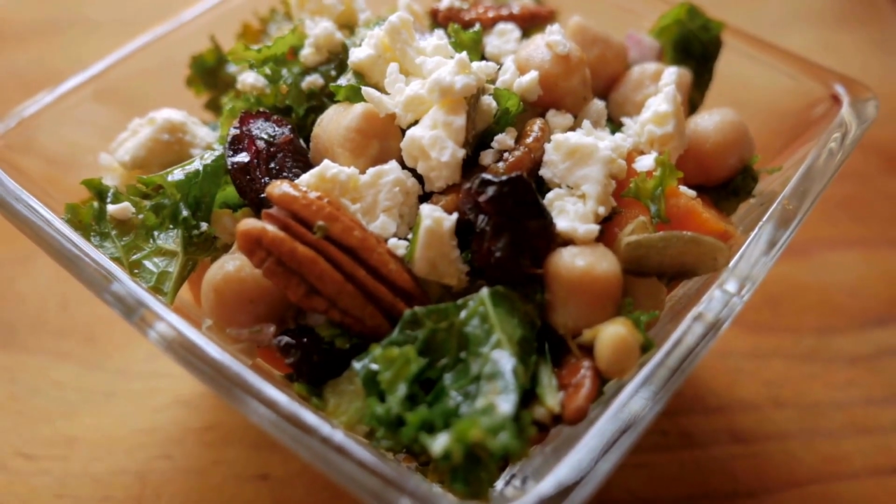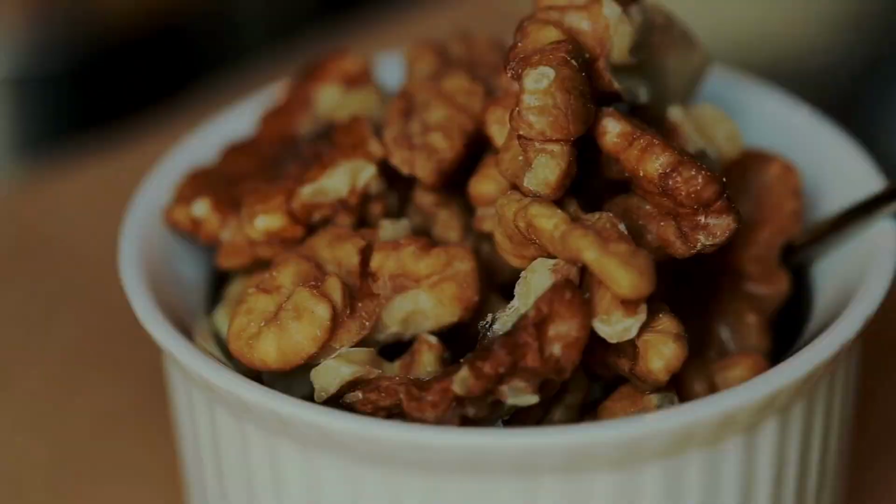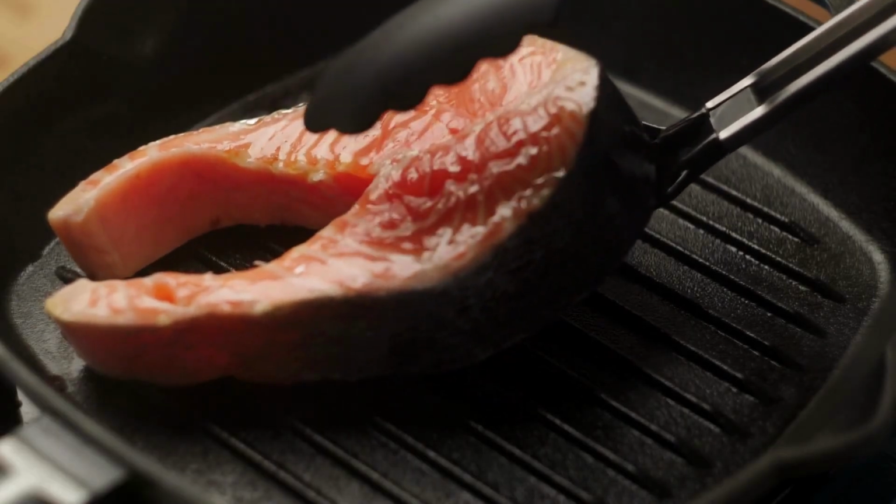But again, rather than taking these supplements, try to eat more avocados, pumpkin seeds, and pecans. Especially avocados though, because as I just mentioned, they're a great source of omega-3s, which are known for their anti-inflammatory and cancer-fighting properties. So make some guacamole or avocado toast for breakfast a few times a week and you're laughing. You can also get omega-3s from eating fatty fish like salmon, walnuts, flax seeds, or chia seeds. So swap out your burger or steak with a delicious piece of grilled salmon twice a week, and your prostate